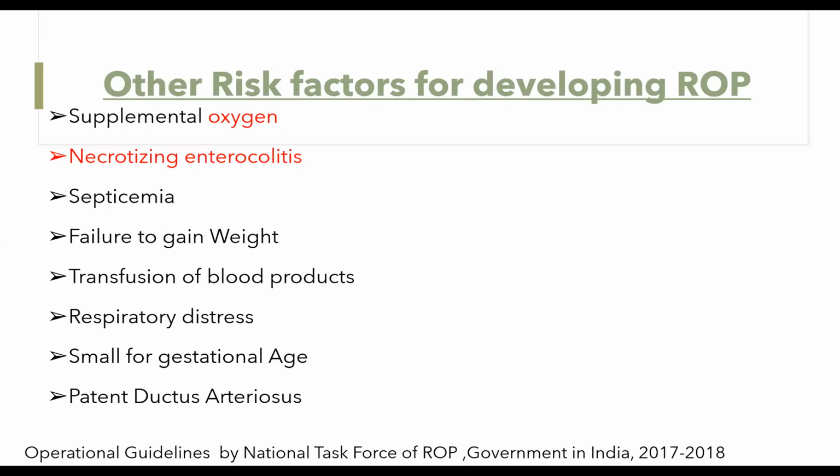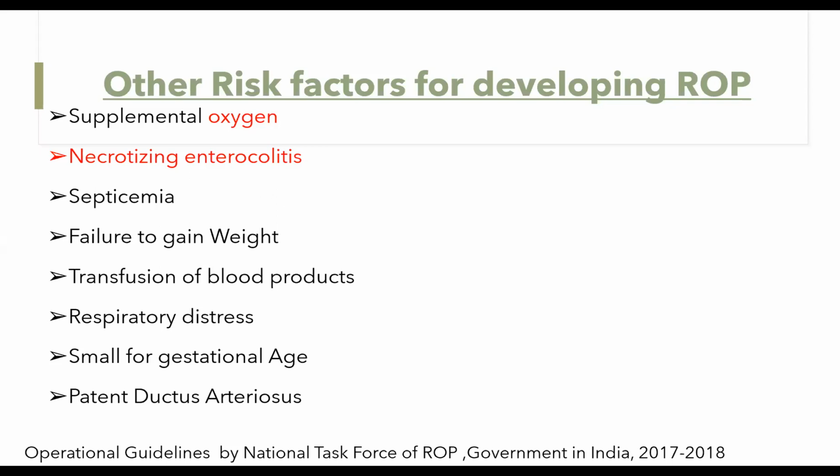What they have discussed in one of the papers is, whatever the birth weight of the baby, we all know there is a loss of some birth weight, almost 10% in the initial 7 to 10 days, and then the baby starts gaining weight. So if the baby regains the birth weight by the 14th day of life, the chances of developing a treatable ROP are less compared to babies who don't regain the birth weight by the 14th day.